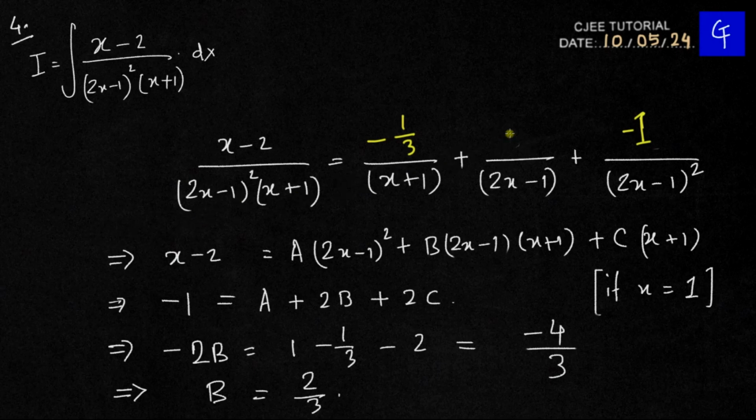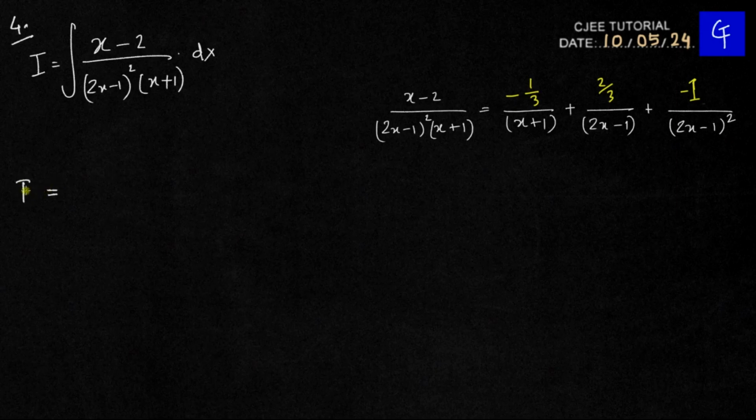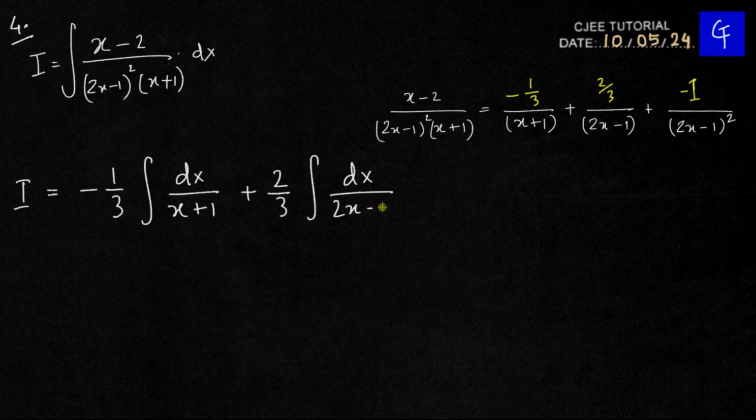I think you can guess that for these types of problems, the partial decomposition is the main challenge. After that, the problems are very easy to solve. So now I becomes equal to negative 1 by 3 dx over x plus 1 plus 2 by 3 dx over 2x minus 1 and negative of dx